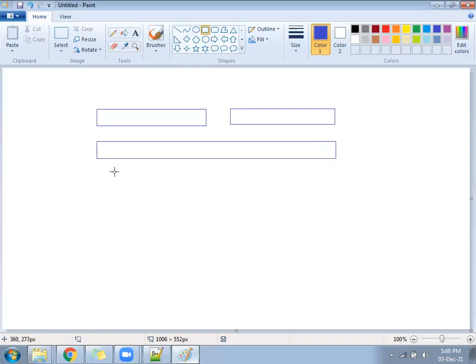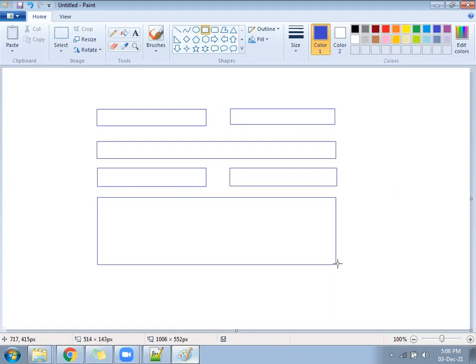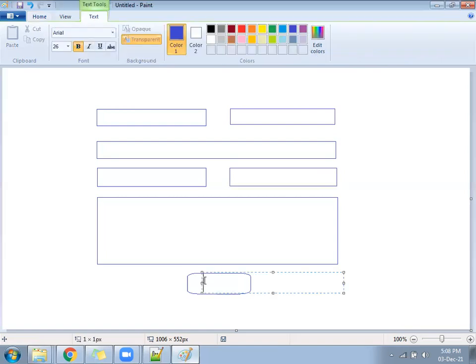In the third row you again have two text boxes. In the fourth row you have one more text box. So how many TR are required? 4 TR are required, and here is one button called submit.